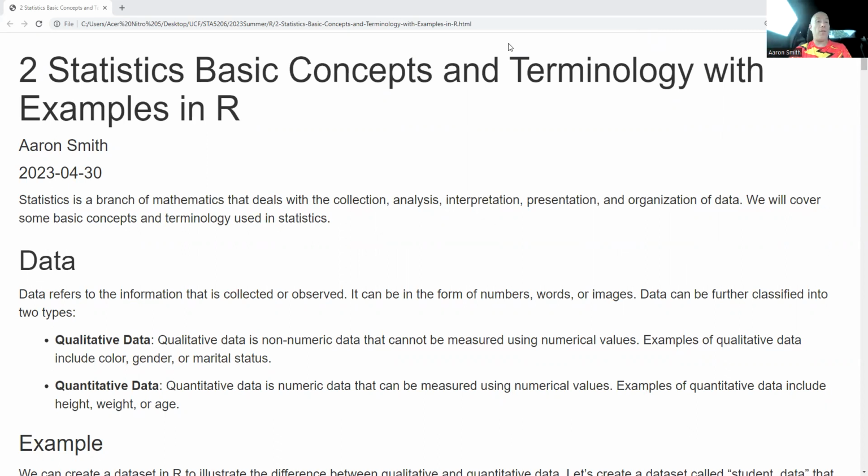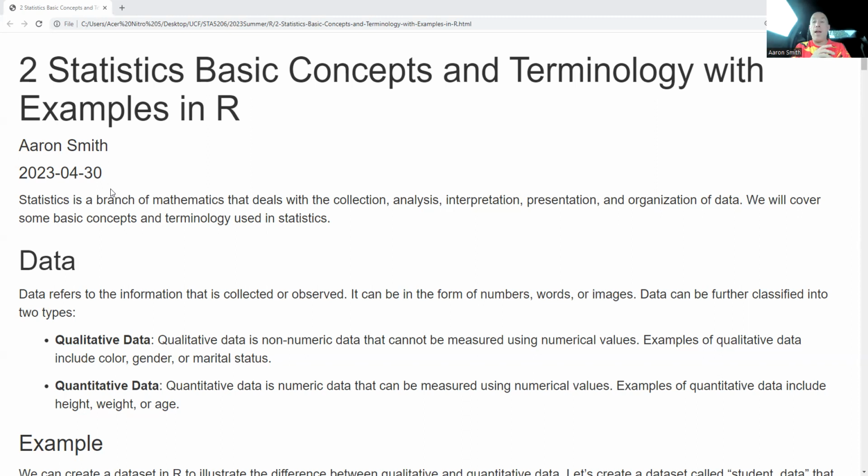All right, so statistics is a branch of mathematics that deals with the collection, analysis, interpretation, presentation, and organization of data, right? I mean, that's what it is. And so let's go into a few basic concepts. First one is going to be data. All right, so data refers to the information that is collected or observed. So these are our measurements that we have to work with as we run our analysis. So it can be like numbers, words, images, anything that you can consider an observation or a measurement is potentially